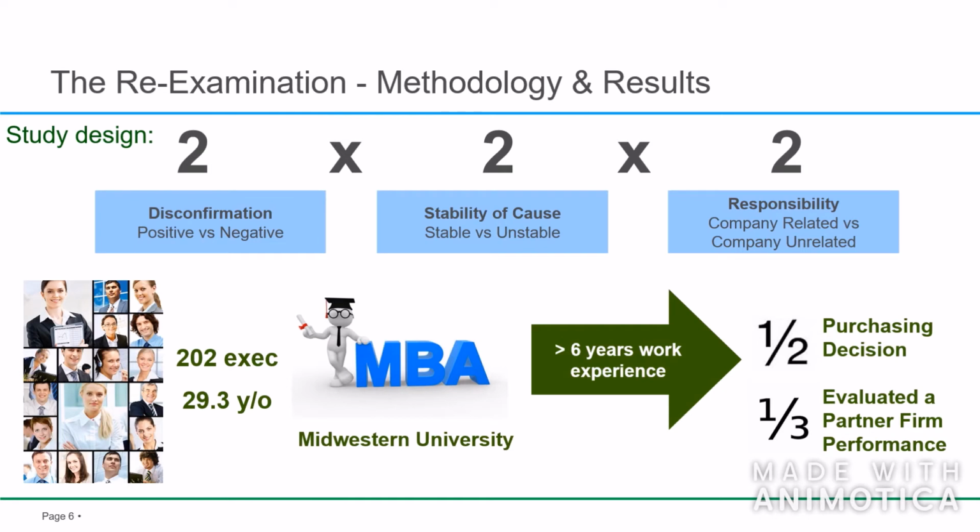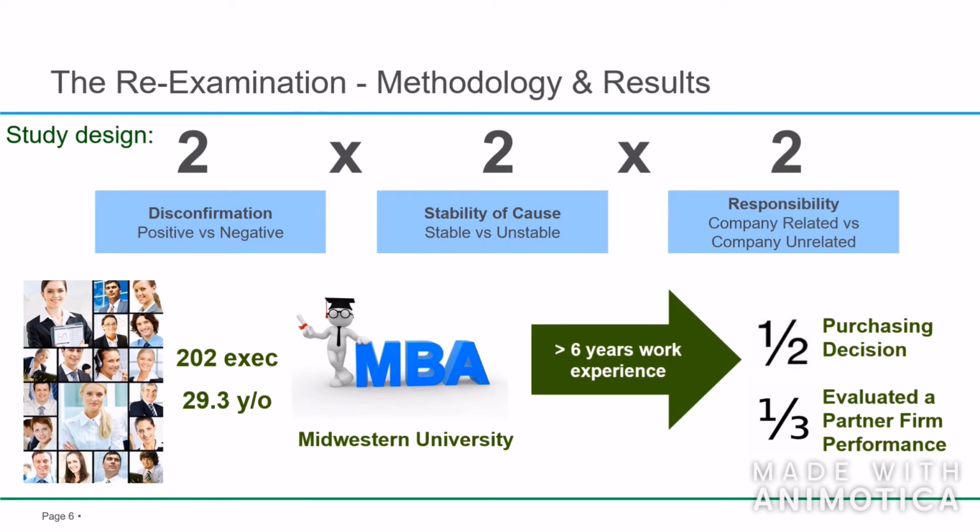So now let's move into the methodology and results. The study design is actually based on a 2 times 2 times 2, which is disconfirmation, positive versus negative, stability of cost, stable versus unstable, and lastly on responsibility, whether it's company related or company unrelated. So in this study design, we can see that the researchers are using 202 executives with the average years of